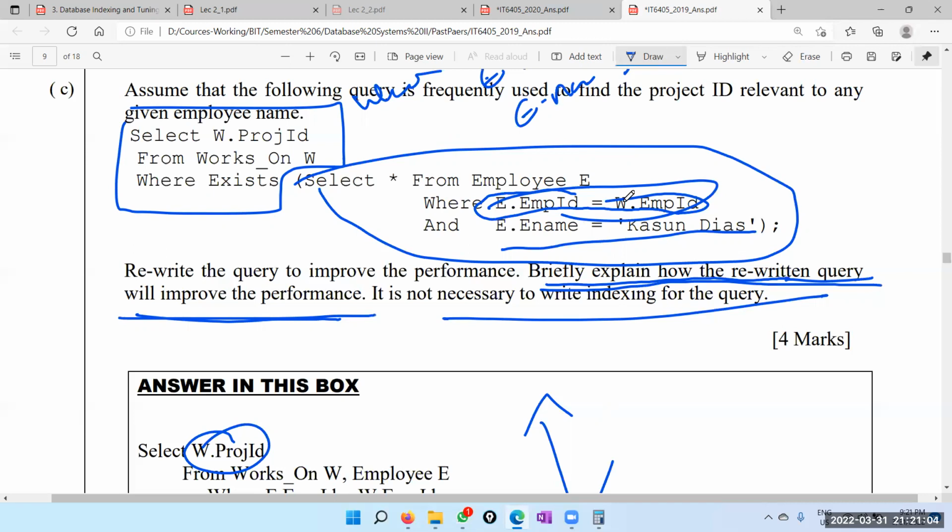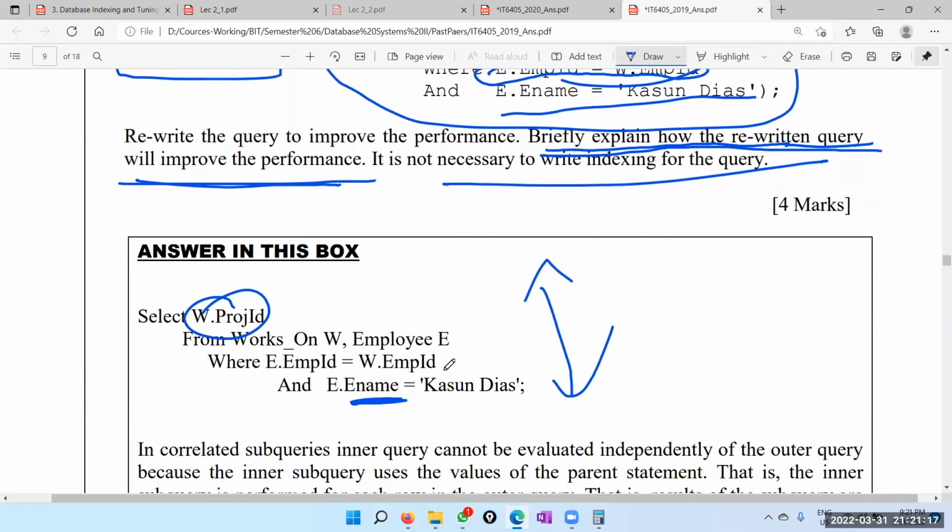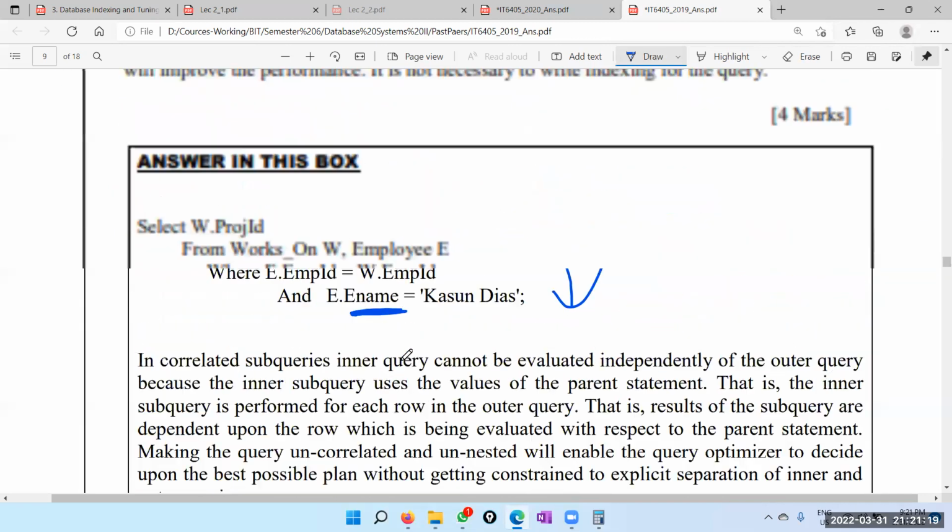Right? So then you have to join that with the outer query's P. So therefore, you can't optimize it. Right? You can't optimize it. But when you do an inner join or the normal join,